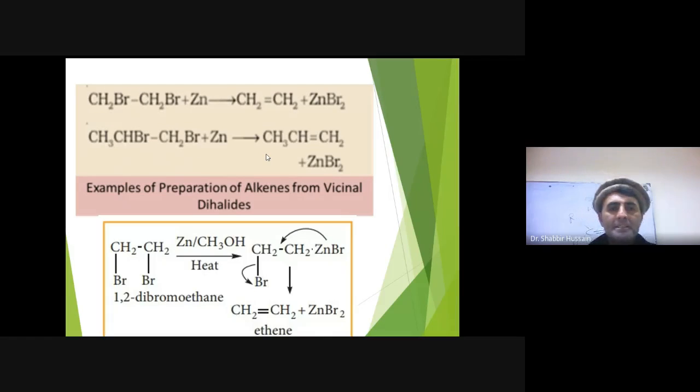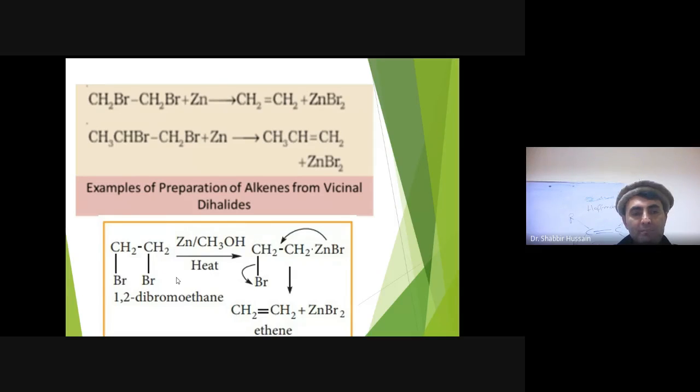The third method is we can synthesize alkene from alkyl halide. Again, there are two methods. We are using vicinal dihalides. I have already told you vicinal means same side, that two halogens on adjacent carbon. One halogen is on this carbon, and the same halogen is on another carbon. These are called the vicinal